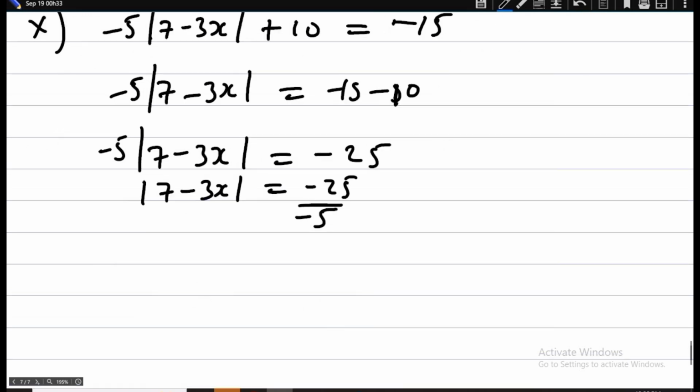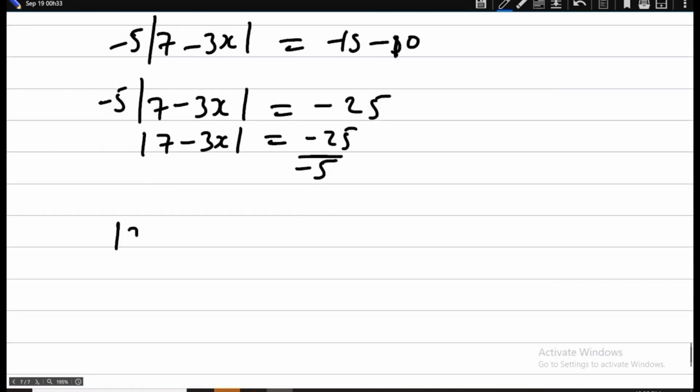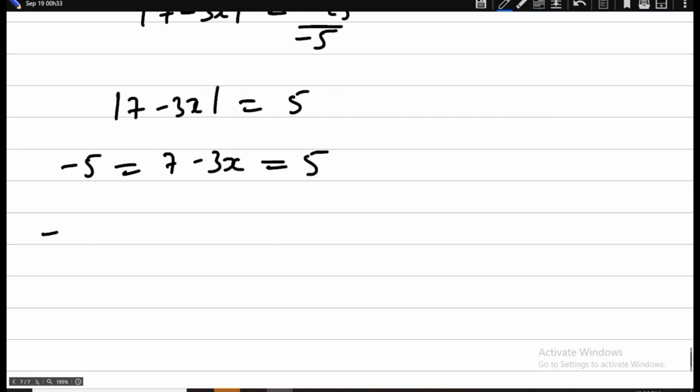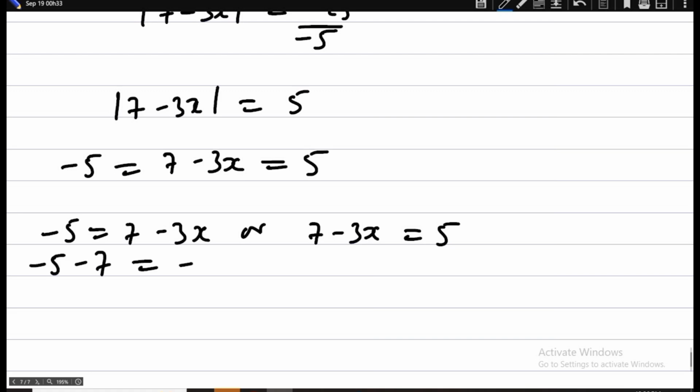Okay, so therefore we have that minus 5 is equal to 7 minus 3x, which is equal to what? 5. So we separate. So if we separate, we're going to have that minus 5 is equal to 7 minus 3x, or we say that 7 minus 3x is equal to what? 5. So collect like terms to have that minus 5 minus 7 is equal to minus 3x, or we have that minus 3x is equal to 5 minus 7. So the two of them is giving me minus 12 is equal to minus 3x, or minus 3x is equal